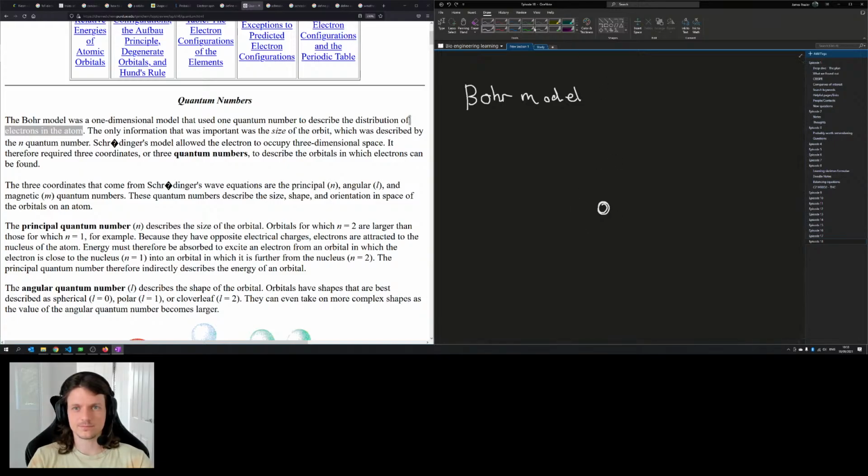Let's say this is x as a vector, y as a vector, and z as a vector.